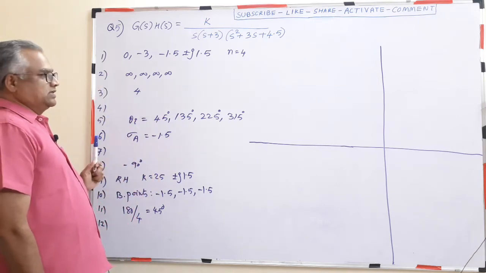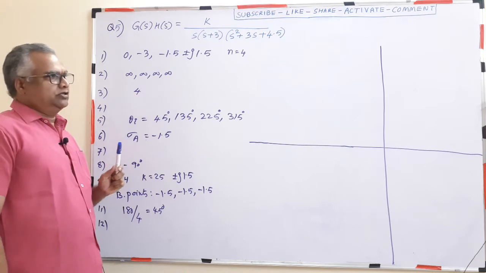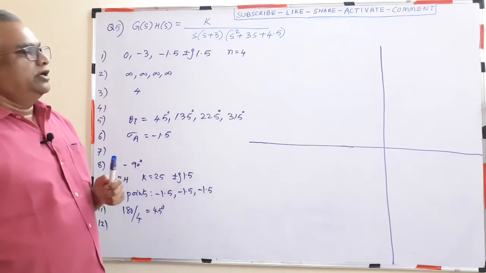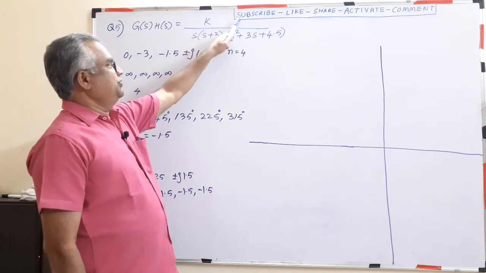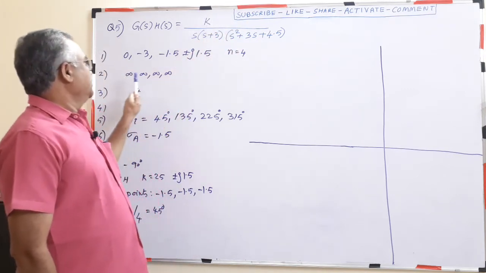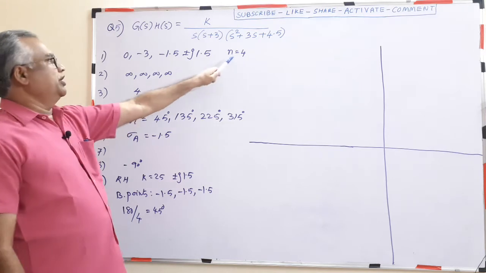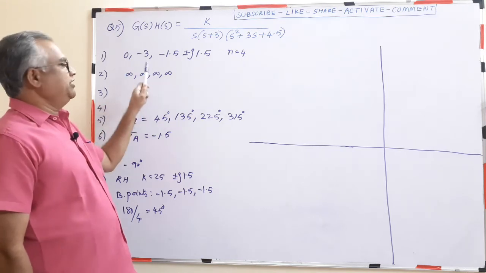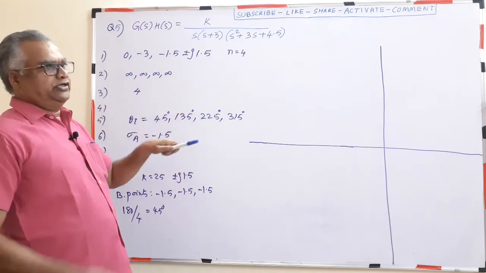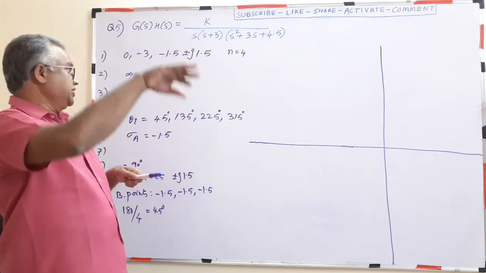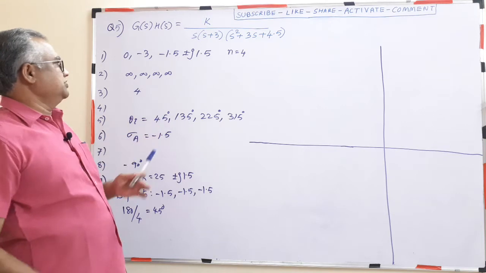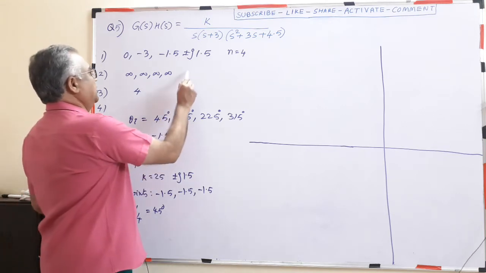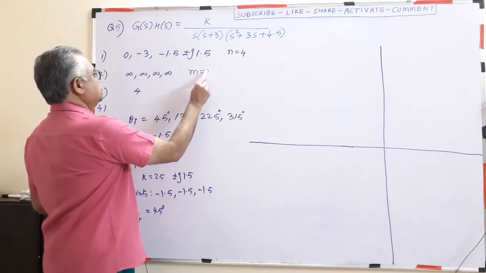And K equal to plus or minus infinite points on the root locus are at the zeros of G(s)H(s). So we don't have any zeros. Therefore, the 4 infinite zeros mean the remaining zeros are located at s equal to infinite. That is the meaning of this, and m equal to 0.